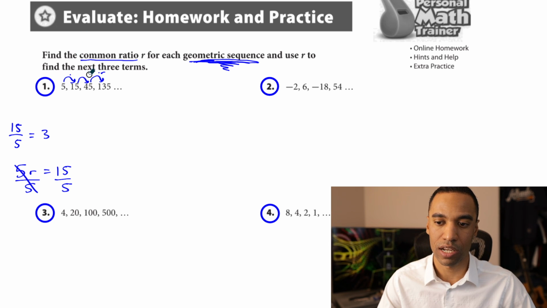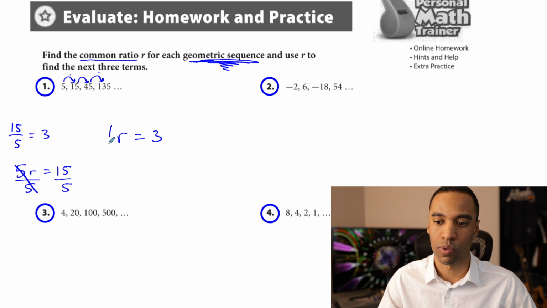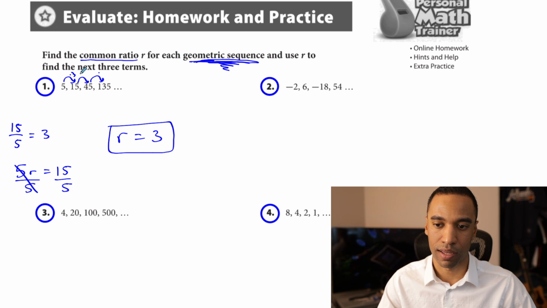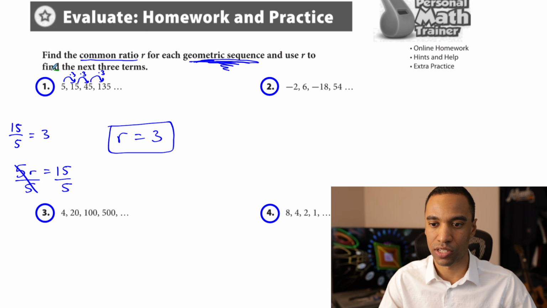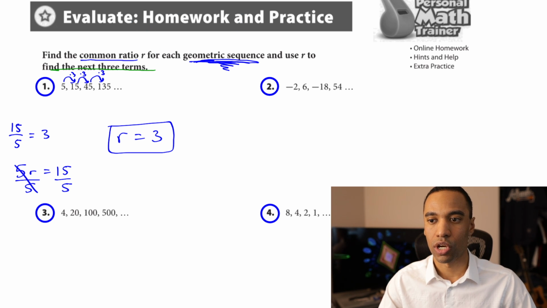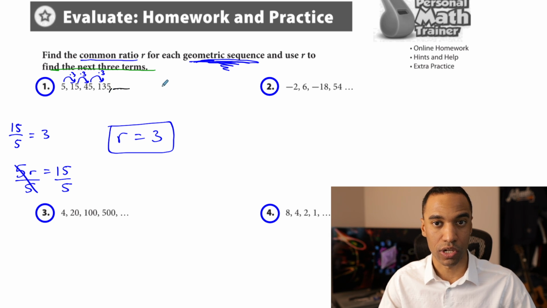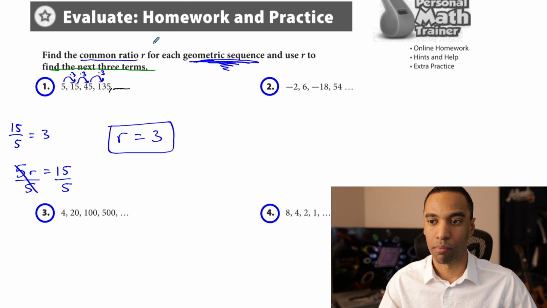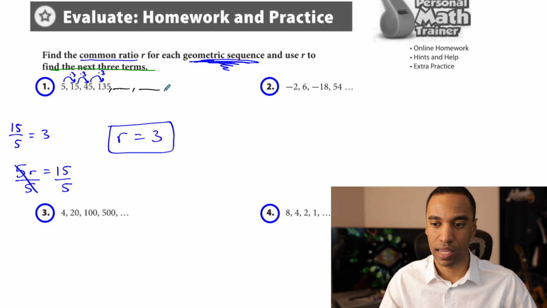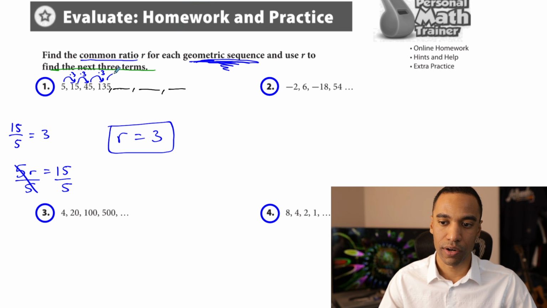So this times r each time is a times 3. My common ratio here, r equals 3. I will be multiplying by 3 each time. Now they ask us to use r to find the next 3 terms. So every term in a sequence, again, is separated by a multiplication of 3. So if I multiply by 3 each time here, 3 more times, from one number to the next, 135 times 3,